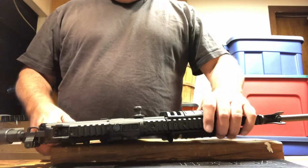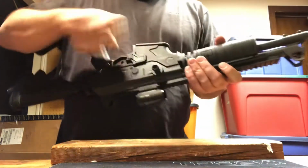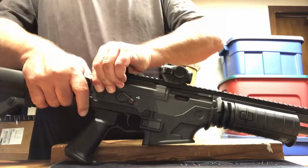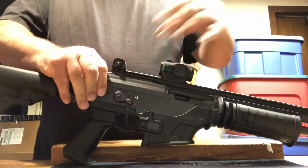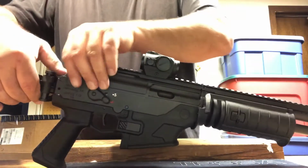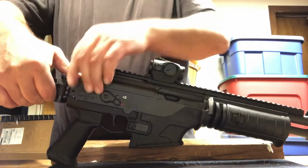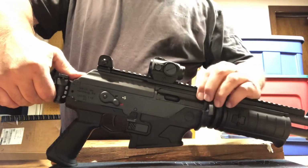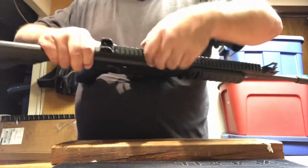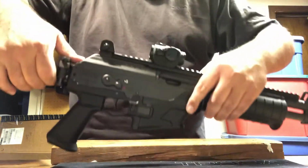Now we're taking a look at this Galil. And outside of the magazine coming off easier, everything else is a different story altogether. Well, here, to get this sucker off, you need almost Herculean strength. It's crazy. You've got to make sure this button's pushed in. And then you have to be able to push back on it and upwards at the same time. It's really nuts. I know some guys will grab an optic to do it. I'm not going to do that. So what I'm really doing here,